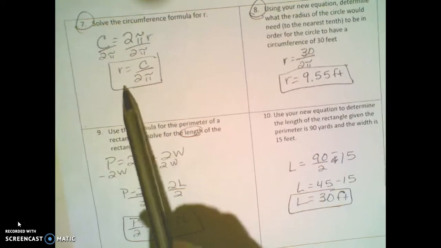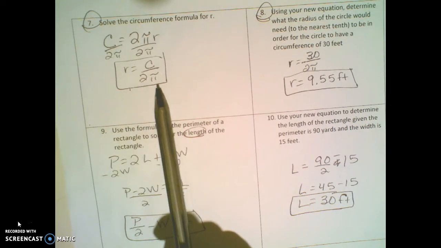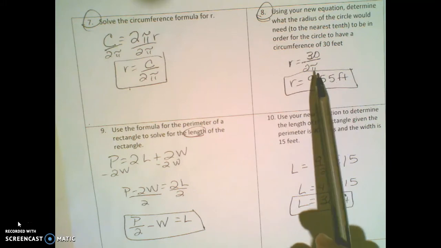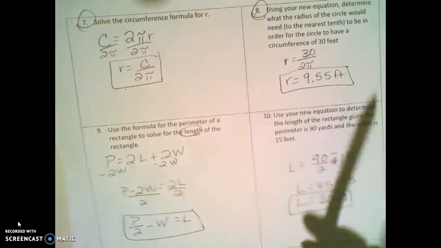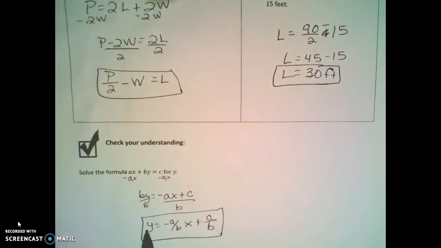Okay, so on the top here, radius equals circumference divided by 2 pi. Should have gotten something around 9.55 feet, depending on if you used the pi button on your calculator, or 3.14. And then down at the bottom, your answer should be y equals negative a over b x plus c over b. And I realized that you could also write it like this